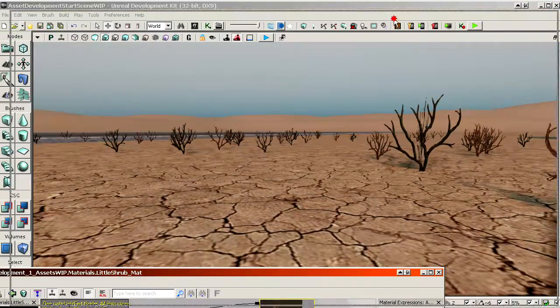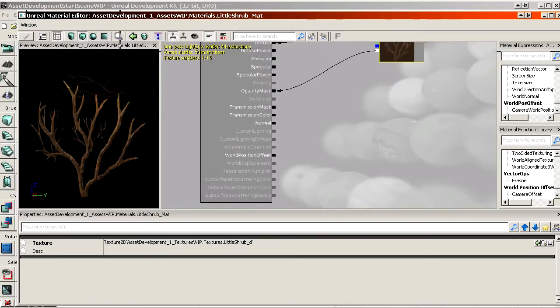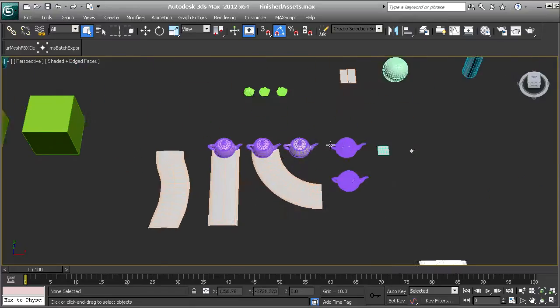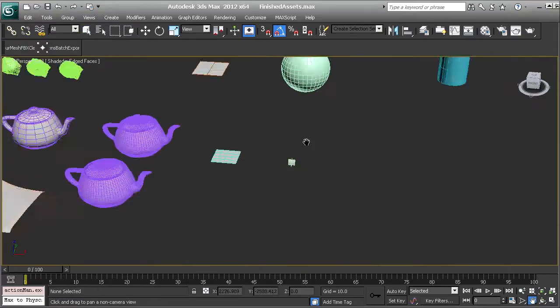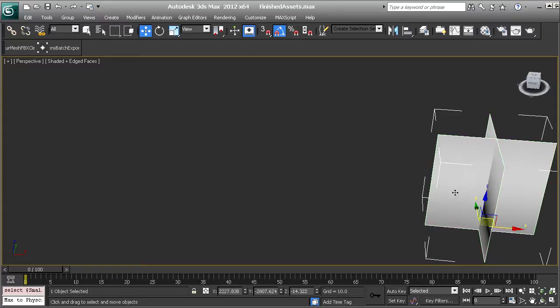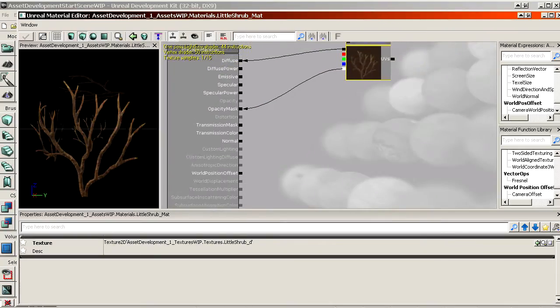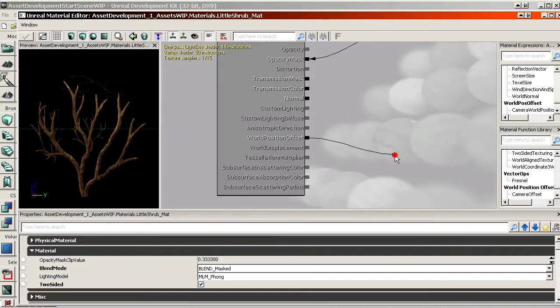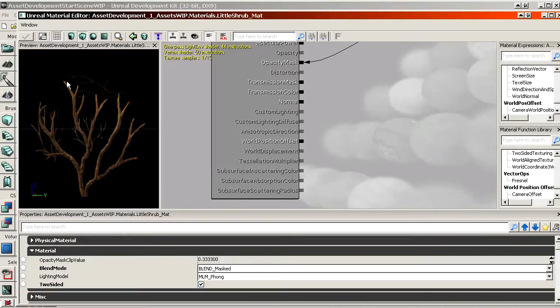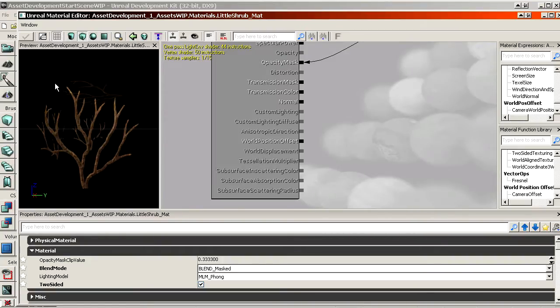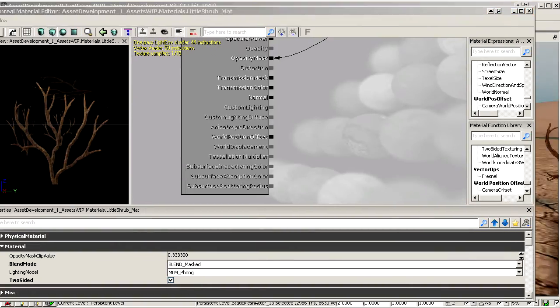So let's start with the wind. If you may remember, in the very beginning, what we did with our plant is we vertex colored it. So not only did we change the vertex normals, we also applied a black vertex color to the bottom. And that's something that we're now going to use. You have something called world position offset, and that's actually going to distort the vertices of the mesh. It takes the vertices of the model and pushes them away, it offsets them. And that's what we're going to use to create wind. This is going to be quite a big complex setup,